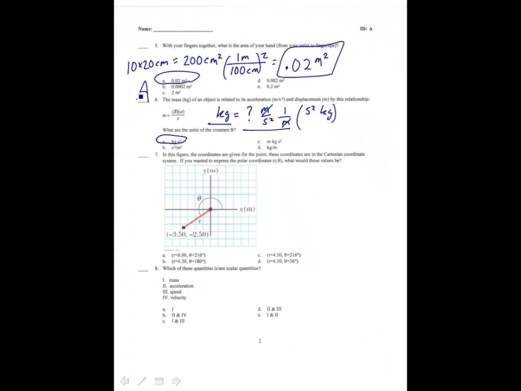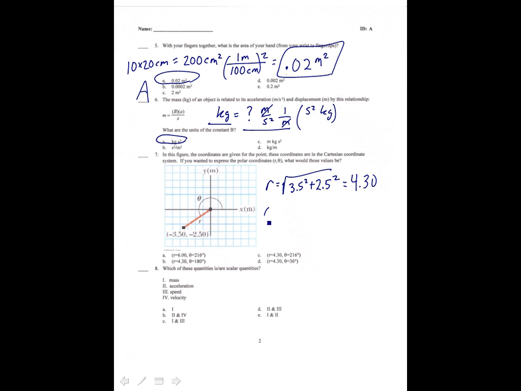Okay, in this figure, the coordinates are given for the point in the Cartesian coordinate system. If you want to express in the polar coordinates, that is what is r and what is theta, how would you do it? So we can find the magnitude of r from the Pythagorean theorem, square root of 3.5 squared plus 2.5 squared, and that gives us